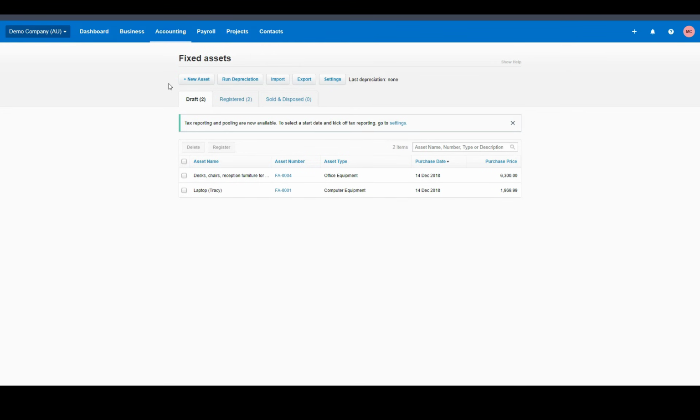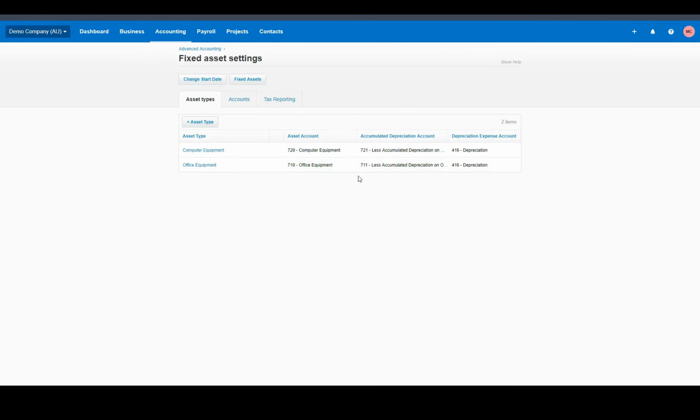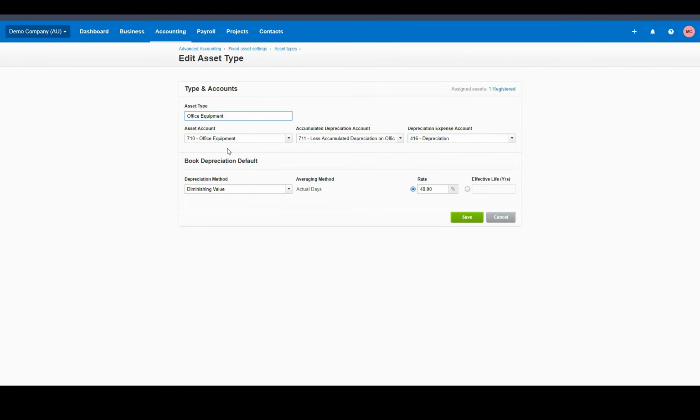So if we just go back into the advanced section while we're on the topic of fixed assets, under advanced settings, there's some fixed asset settings that you'll need to set up before you actually register any assets. So if we just have a quick look in there, we can see that what we need to do is create the asset types for a start. So you might remember we just had a look at one that was coded to office equipment, so that's already been set up here in the demo company, and the general ledger accounts that the asset goes to and the